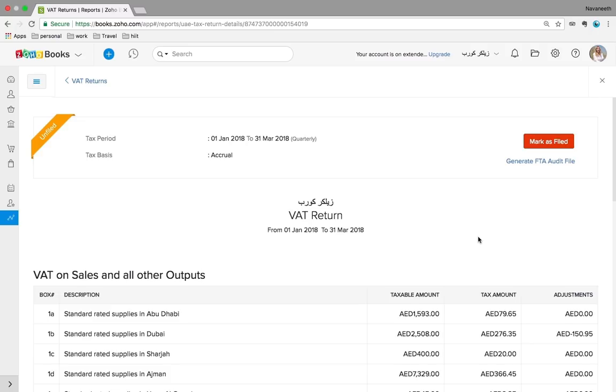There's no manual work as such on your side. So tax handling as well as tax filing is something that we've really mastered with our previous experience in other countries, and we have applied that here as well, and you're completely good to go on the VAT front. So yeah,